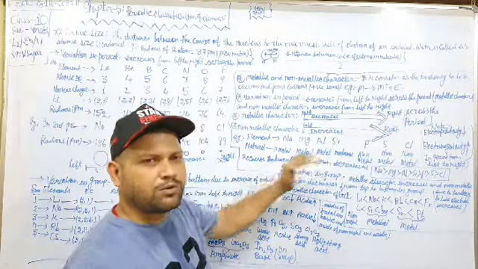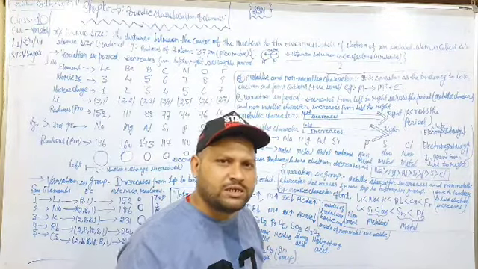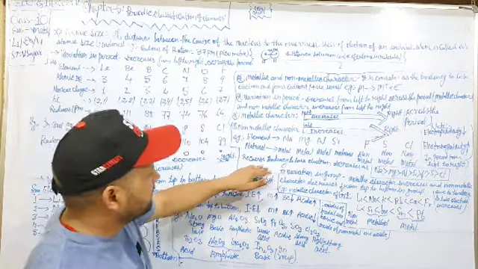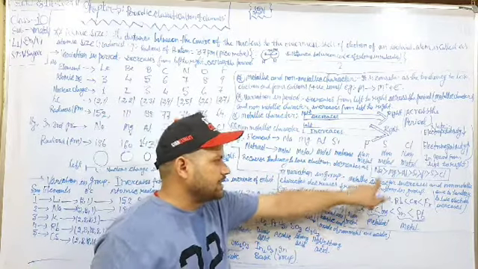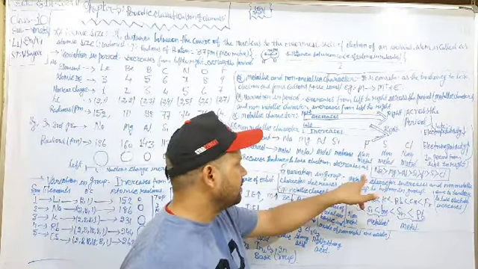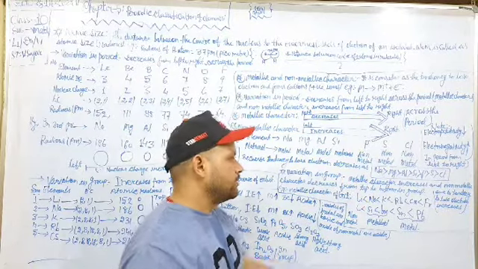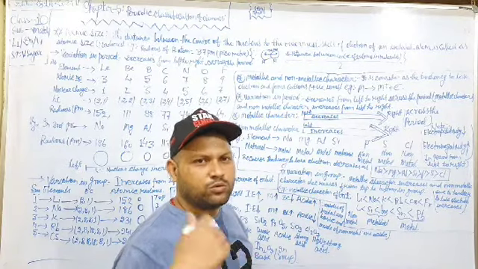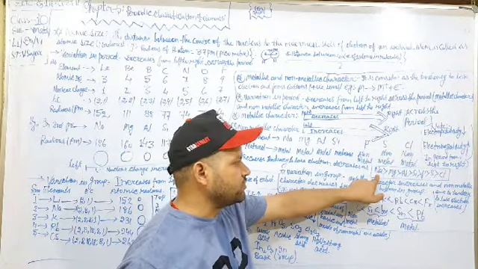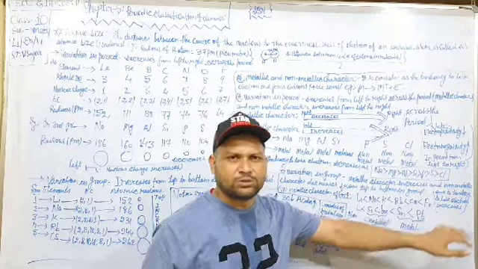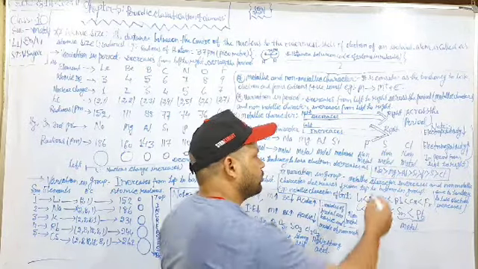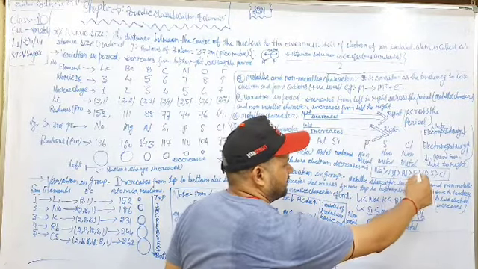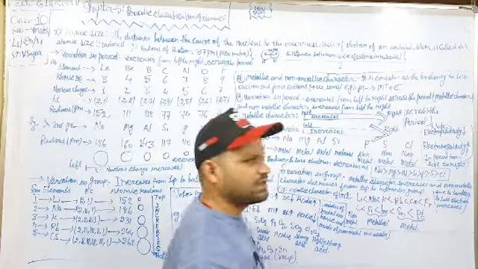So always remember, from left to right, metallic properties decrease and non-metallic properties increase, because the tendency to lose the electron decreases. And always remember these things. Sodium has the most powerful tendency to lose the electron. That's why we arrange the elements of the third period in this way: sodium shows more tendency than magnesium, then aluminum, then silicon, then phosphorus, then sulfur, then chlorine.